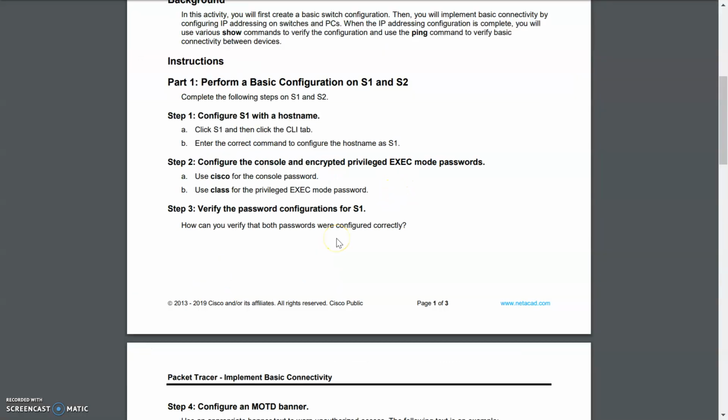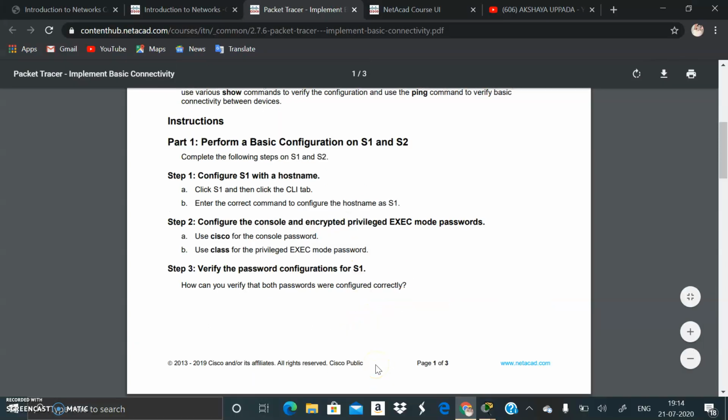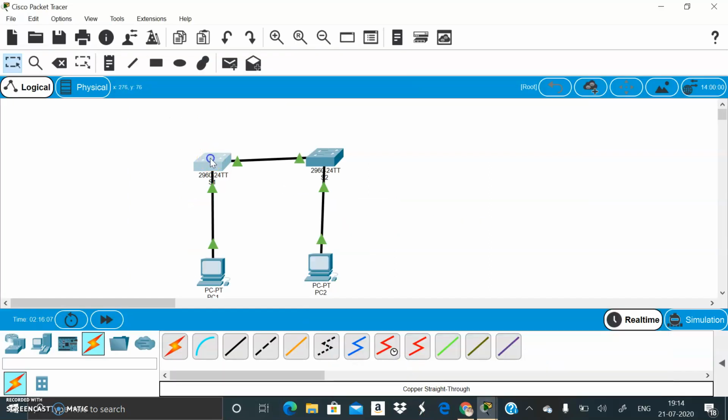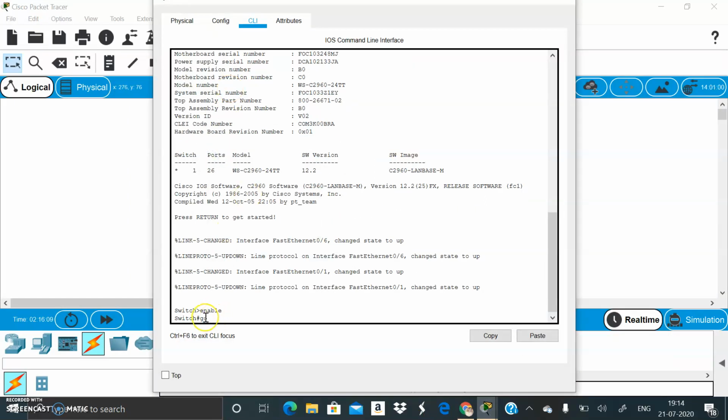Okay, the first step is configure the S1 with a host name. For that, click on the S1 and then click the CLI tab. Enter the correct command to configure the host name as S1. Again, we have to go to packet tracer. Now we have to click. Okay.